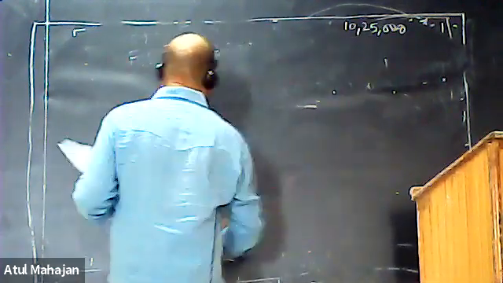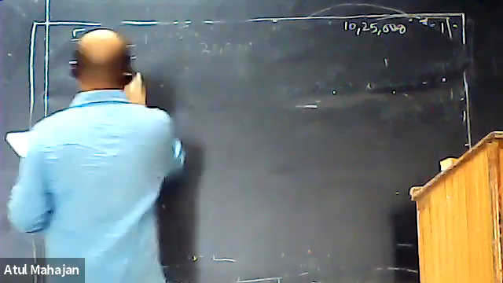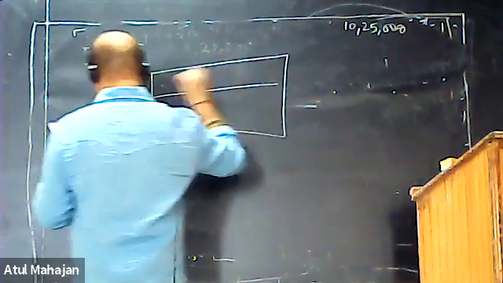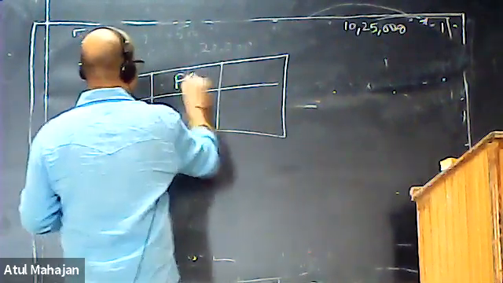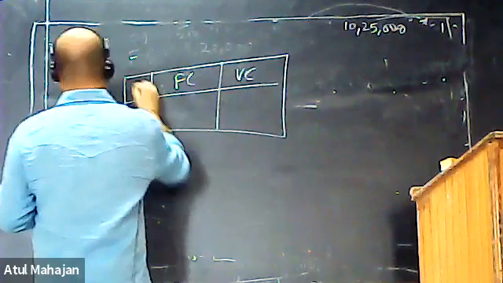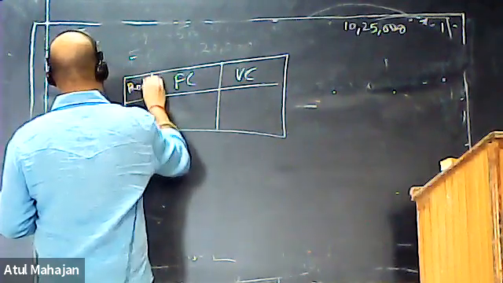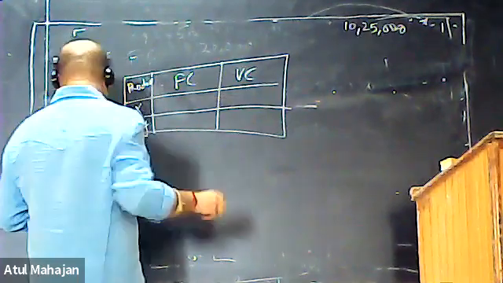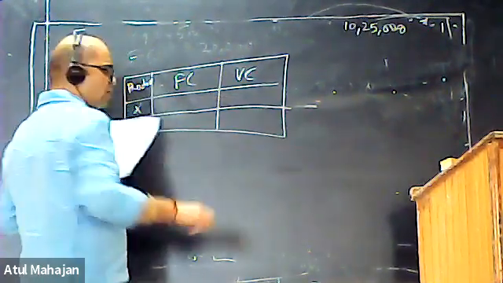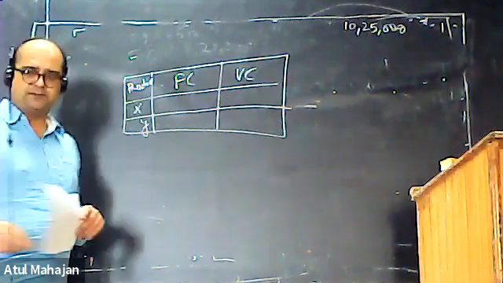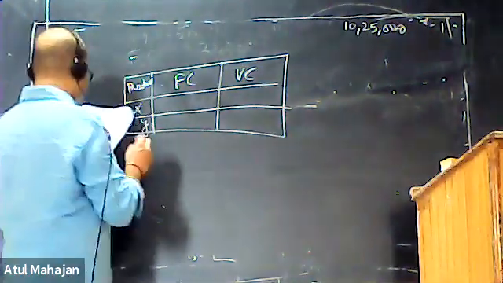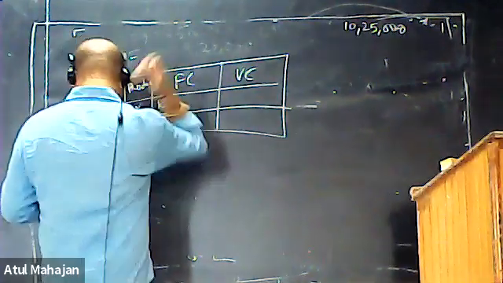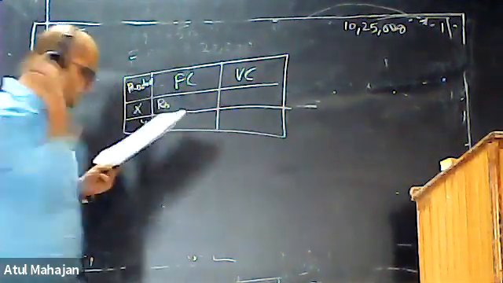Now, what is your fixed cost and what is your variable cost? That we need to know over here first. So just make a small table with the values of fixed cost and variable cost for the products. The two products are X and Y, which are being launched by a company, and the fixed cost of the first product, X, is approximately 2 lakhs.